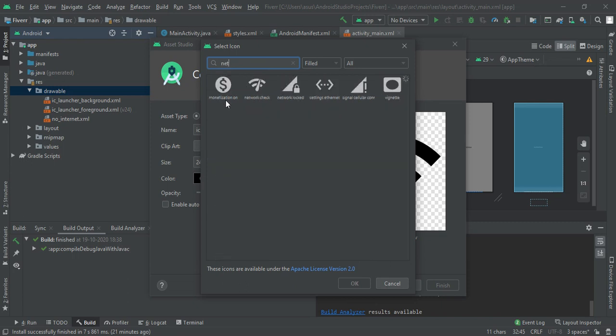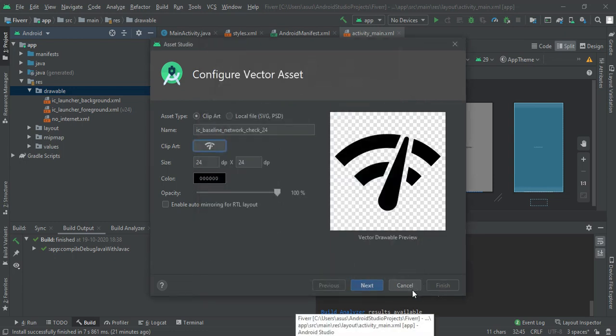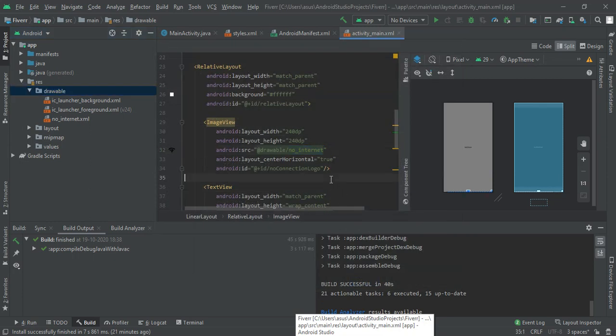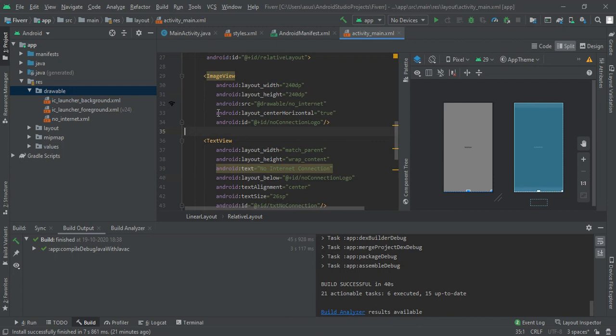So you will find these options. Out of these I had used this one. You can also use this and this in your project. So we had created it as no internet.xml and shown it here. Then we had set its center horizontal true and created its ID. It is for design purposes only.